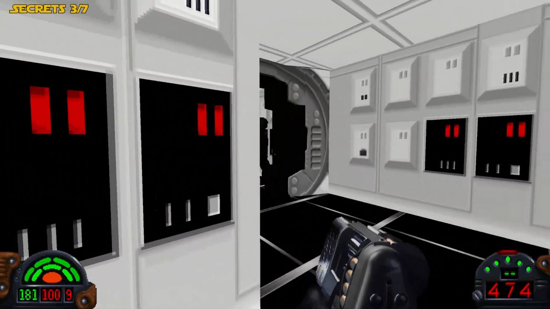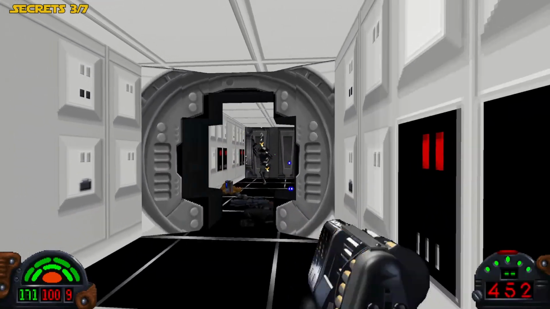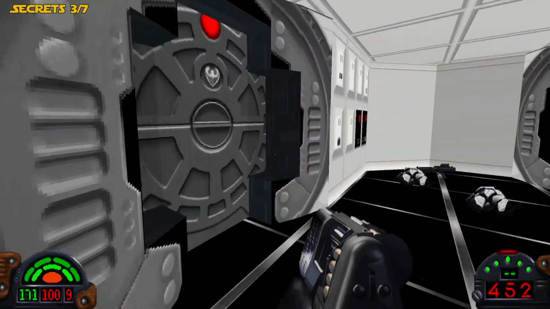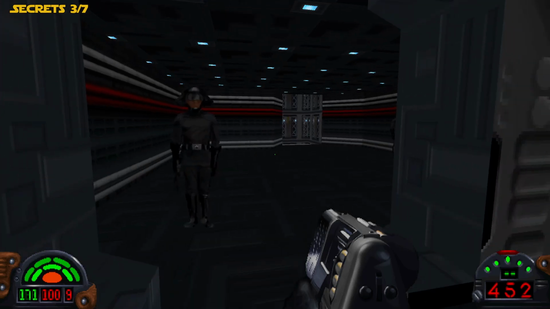Alright, so the blue keycard, whoa! The blue keycard is behind that door right there. But before we grab that blue keycard, if you come over here to this...